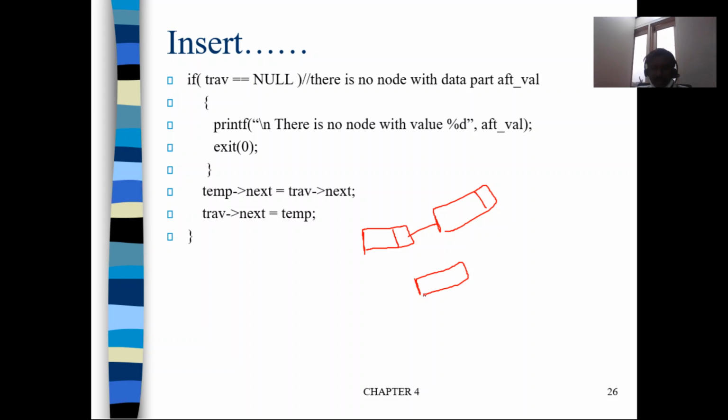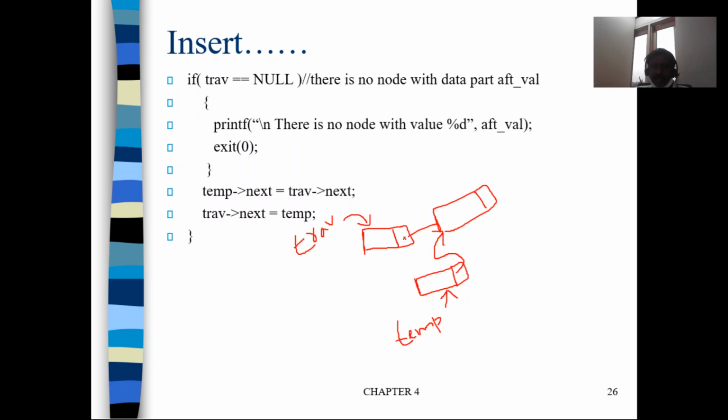The new node is referred using the pointer temp, and the node after which insertion is to be done is referred using the pointer traverse. Now temp's next should point to where traverse next is pointing. So we are saying temp arrow next equal to traverse arrow next.